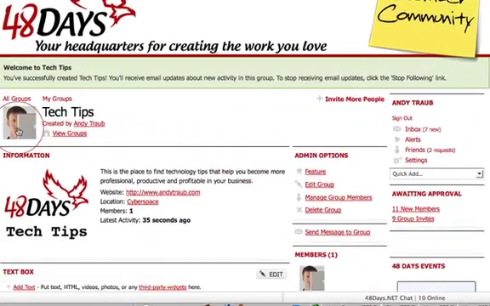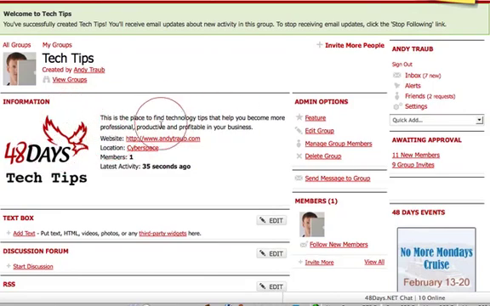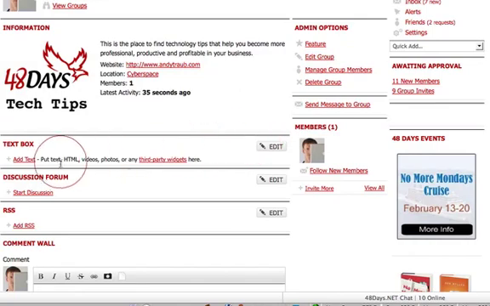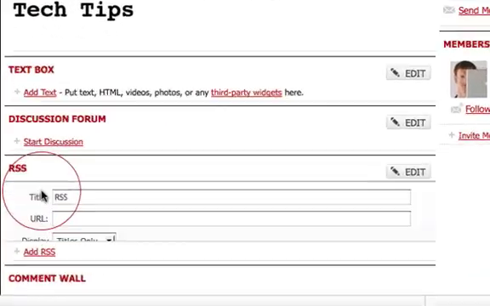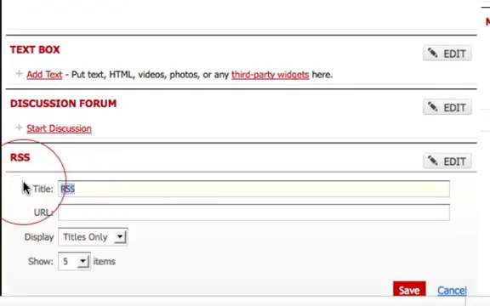And you can see here, this is the group. You can see who created it. You can see the information about the group, the website, the location, members, when it was created. Now under the text box, I can put HTML, things like that. Discussion forum, I can start a discussion. RSS, let me show you how to do an RSS. So we'll call it Andy Traub's blog, and the URL is http